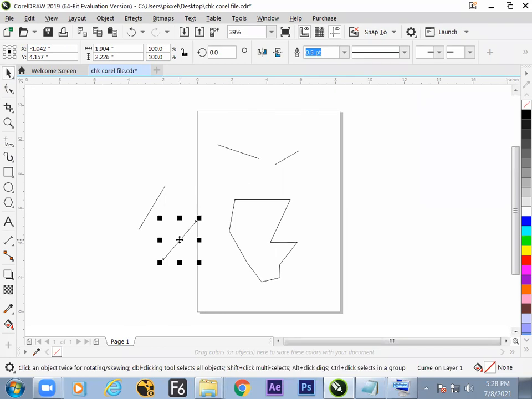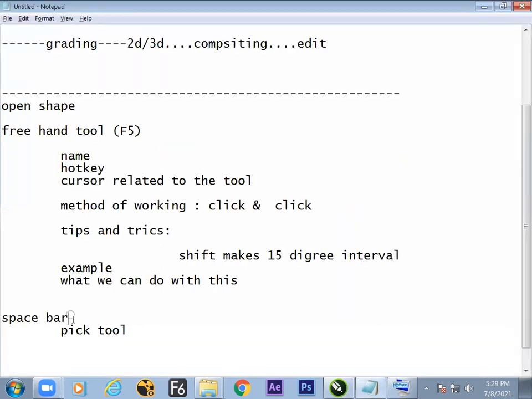And then it allows you to move the object anywhere you like, and back to the previous tool, freehand tool, by the space bar. So hope we have understood how you can jump from one tool to the other, again back to the normal. So hope the space bar does a major job now.